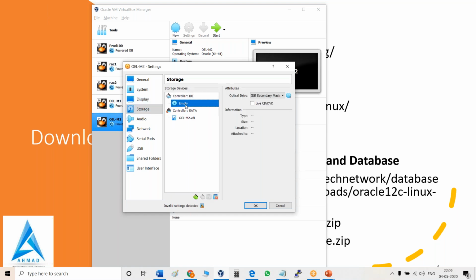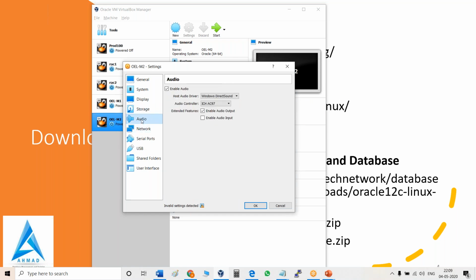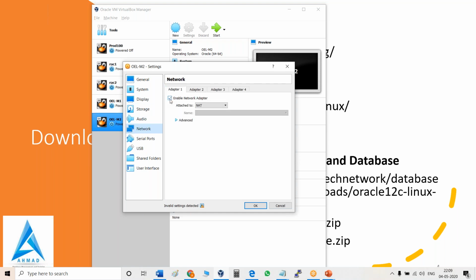When I come here, just click on the empty tab and come to the right side on choose a virtual disk. When I click on this, there is a virtual disk and ISO image. After that, go to audio and just disable the audio. Go to network, and in that you need to check the internet network.